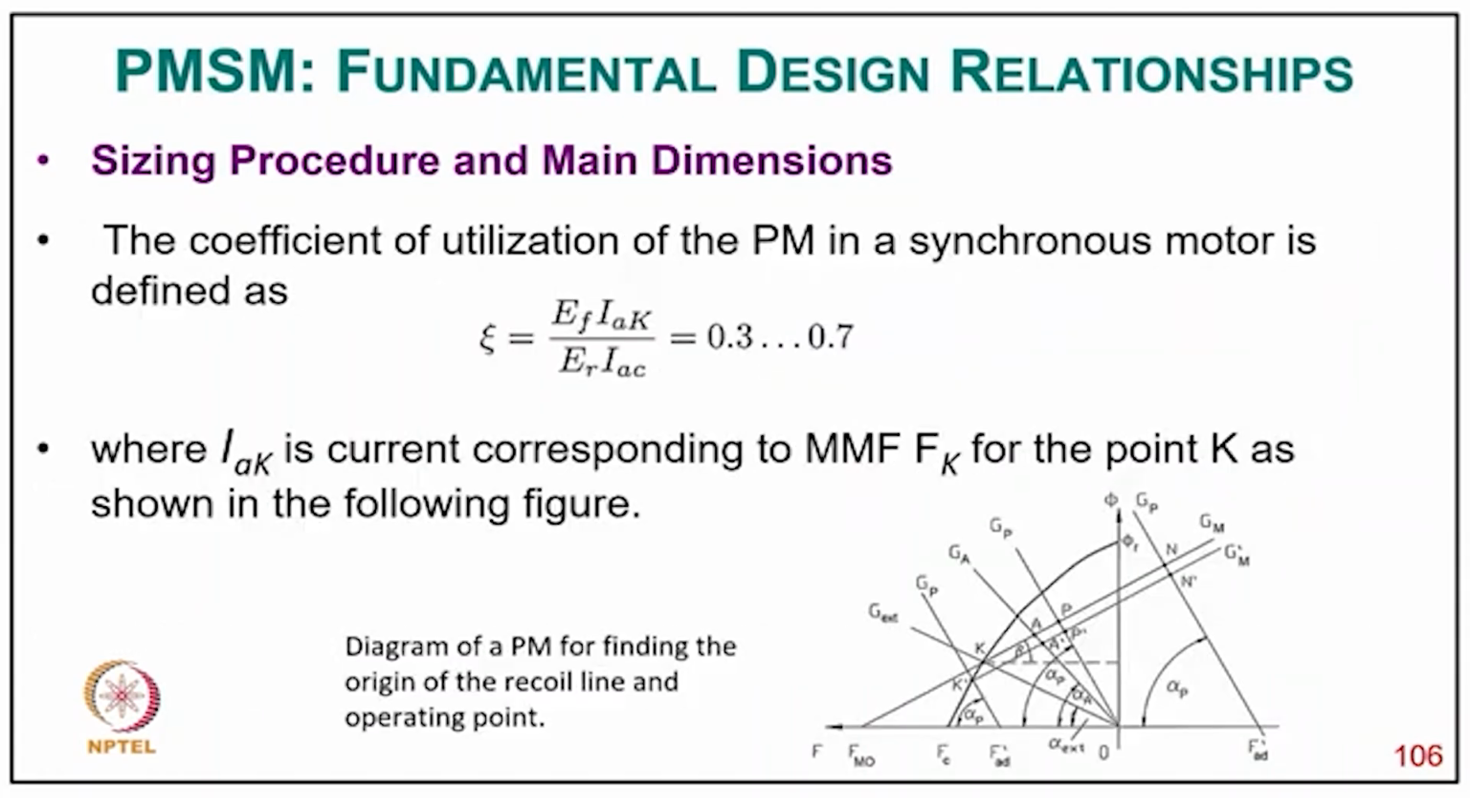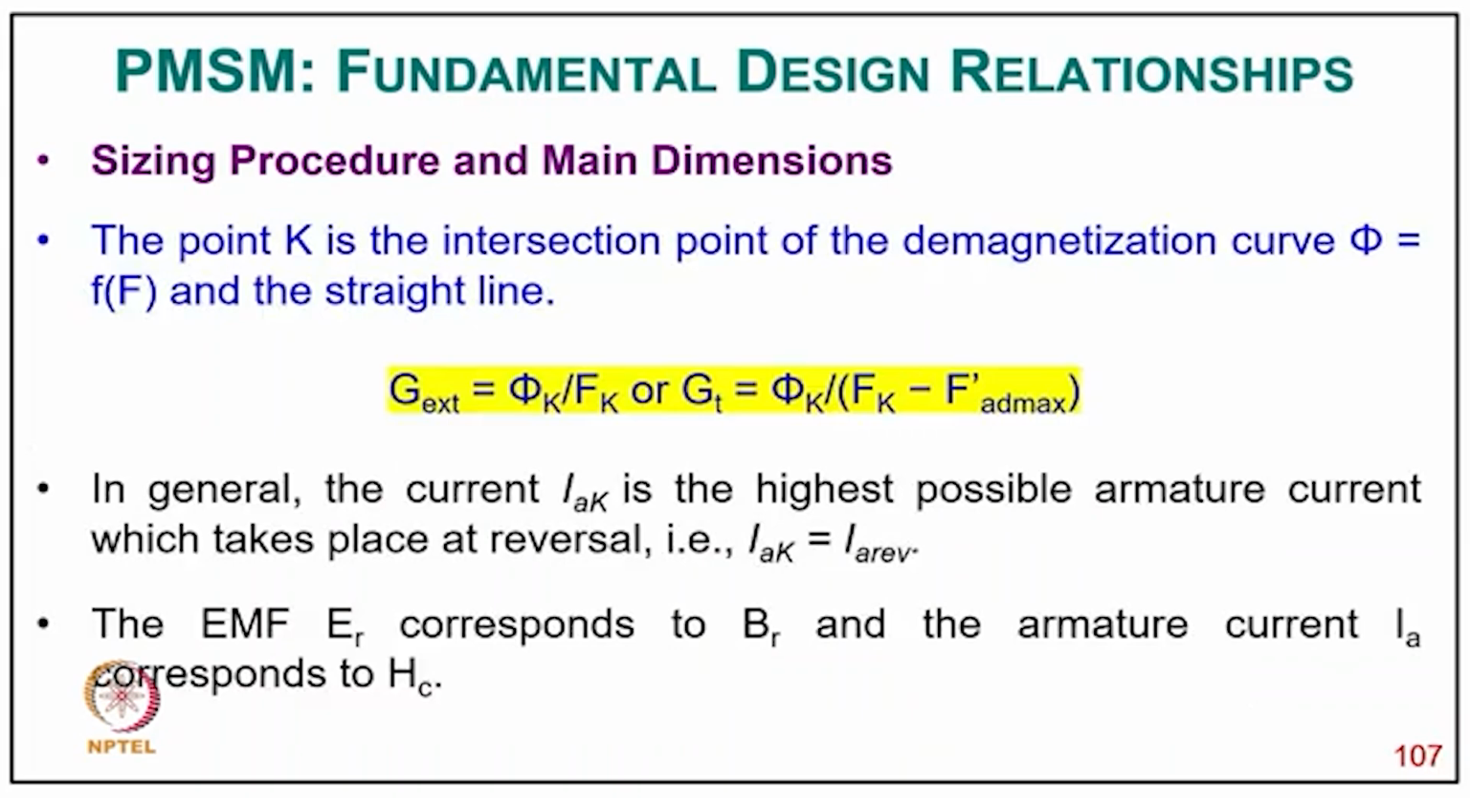The coefficient of utilization of permanent magnet in a synchronous motor is defined as eta equals Ef Iak upon Er Iac, equal to 0.3 to 0.7, and Iak is the current corresponding to mmf Fk for the point K as shown in the figure. Typically, the point K is the intersection of the demagnetization curve phi as a function of capital F and the straight line. So G external equals phi K upon Fk, and Gt equals phi K divided by Fk minus F